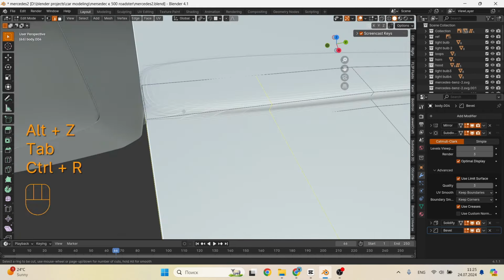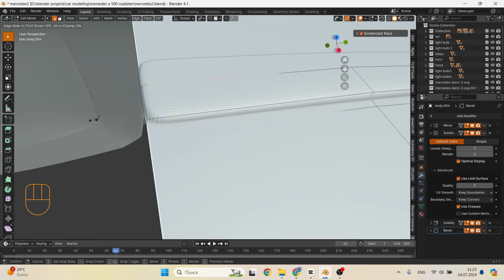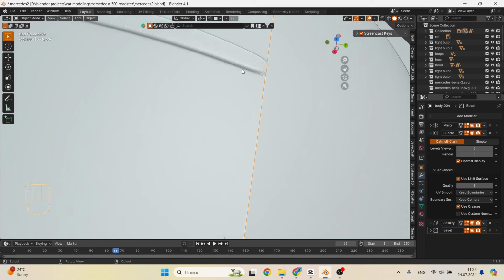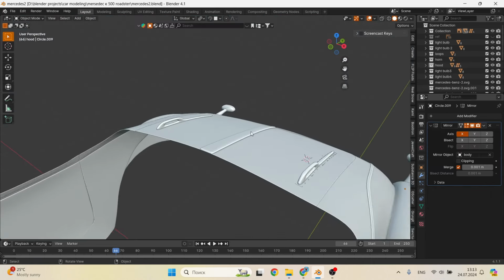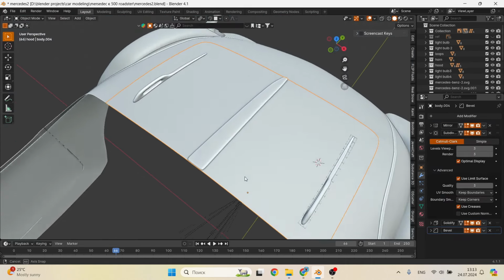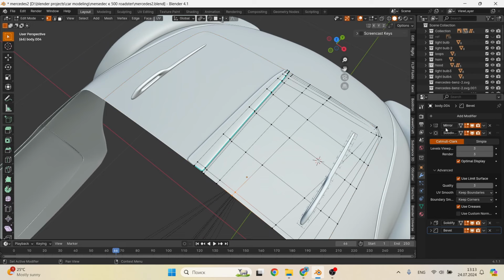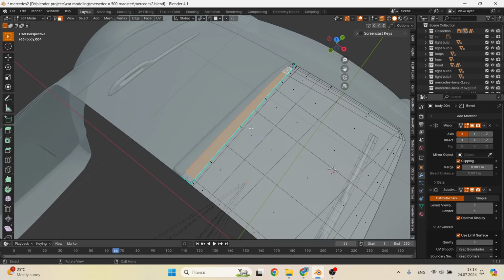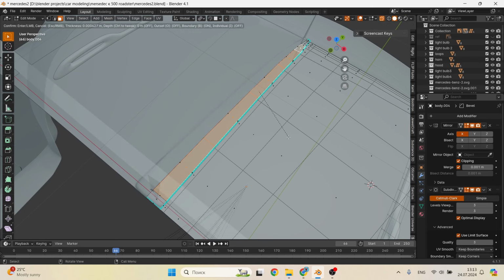Now in this central molding, I want to make a small depression or pit, as it is better to call it. But first we need to go to the mirror modifier and set the merge value to 0.001. And so we go into edit mode, select the faces that I want to edit, and press the inset button. But you need to press the B button in order to inset against one of the sides. Boundary specifies whether the open edges will be inset. Well, now we can press the E button to extrude down the Z-axis.